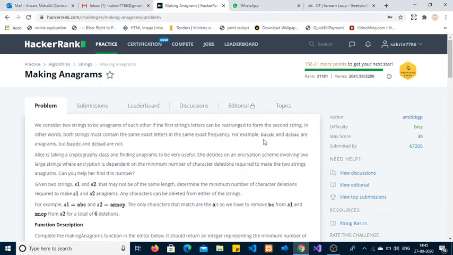first string is 1 and here is also 1, and the frequency of D is 1 and here is also 1. For C it is 2, in this string C is also 2, and A is 1. But if you look at this string, BACDC, the frequency of D here is 2 but in the first string it is only 1.